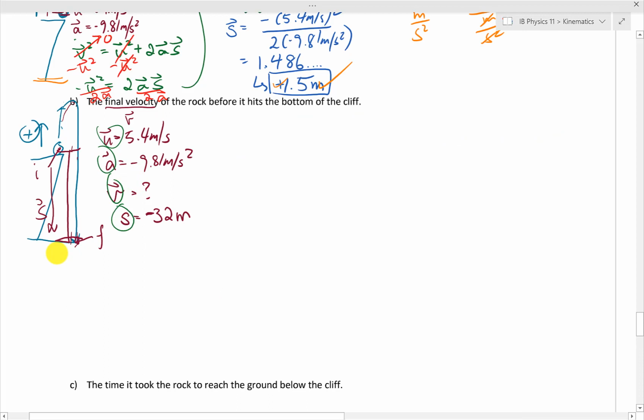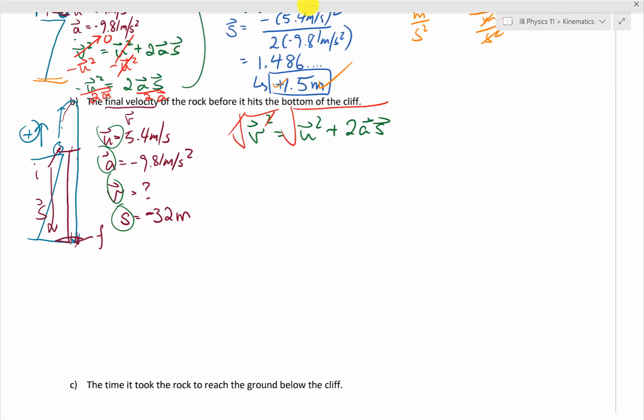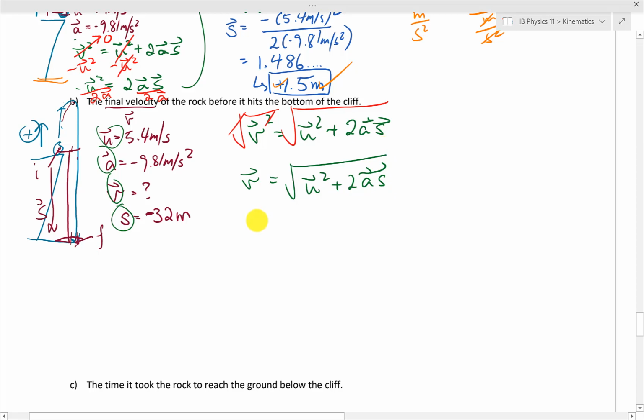This time we're solving for final velocity. Hey, that's a lot easier. I just need to put in everything in here, plus 2as. And to isolate for v, I just need to take the square root of everything. That leaves us with final velocity is equal to the square root of u squared plus 2as. Substituting everything in, we have 5.4 squared meters per second squared, plus 2 times negative 9.81 meters per second squared